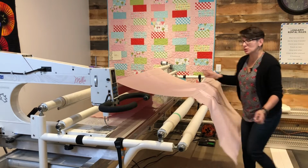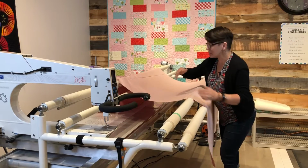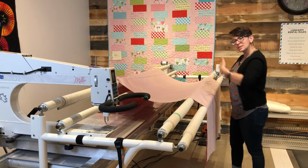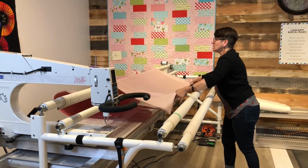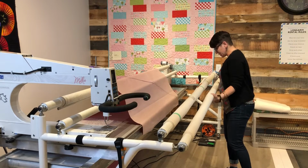If I had folded it across the width, I would then just unfold across the width, and I would spread it out so that the bulk of the backing is over the back roller of the frame. I'm standing now at the front of the machine. I'm going to throw all that extra fabric back there, and the first thing I'm going to do is lengthen